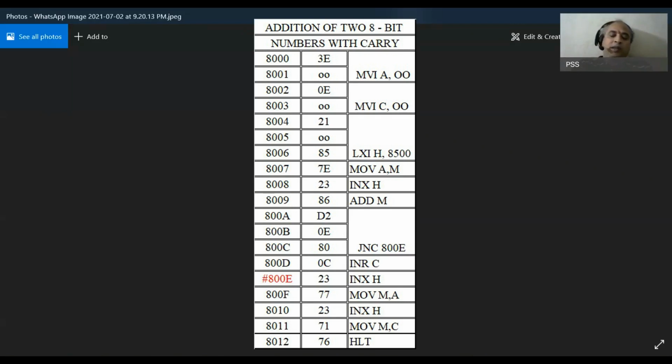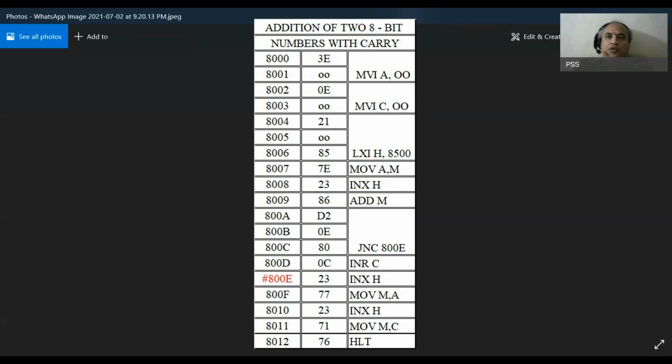What is the memory location in which the result is to be stored, or in which you want to display the result? Please remember that in 8500 we have the first number. In 8501 we have the second number.